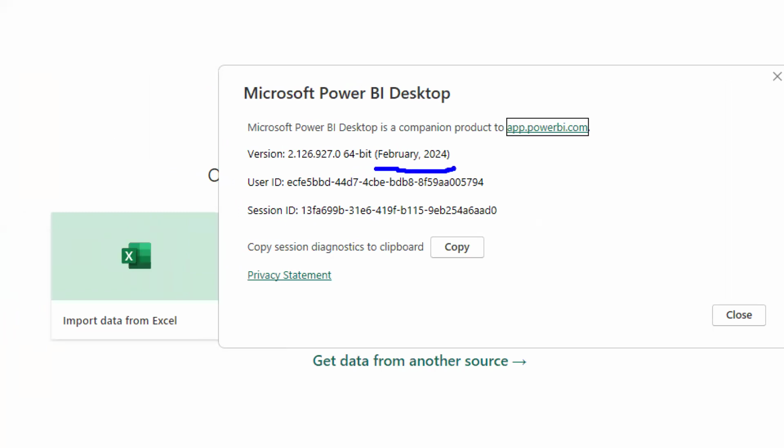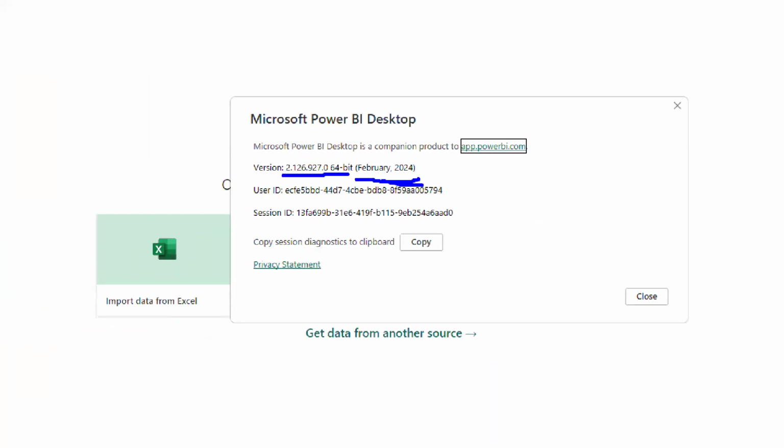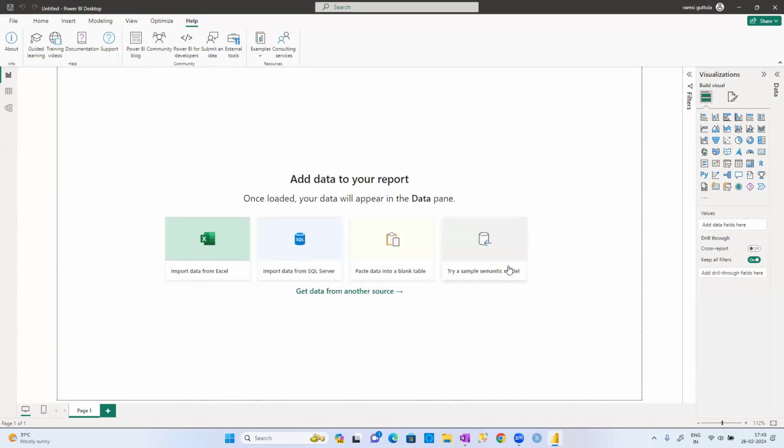Previously, I've shown you, it was showing me the December update. Actually, two updates were released in the month of January, guys. This is the February update. So you can see 2.126.927.0, 64-bit, February 2024. So if anybody has the old version, and if anybody already used Power BI earlier, the